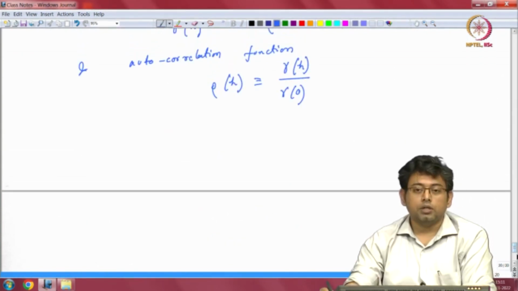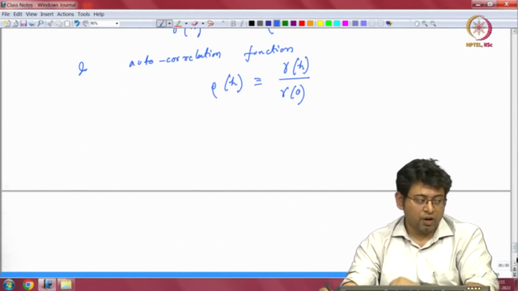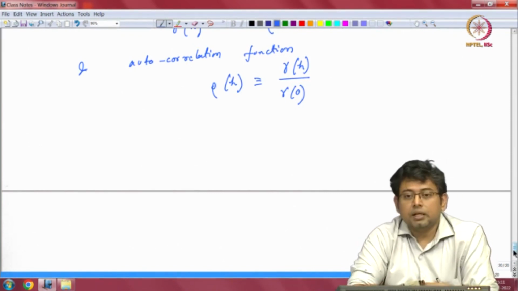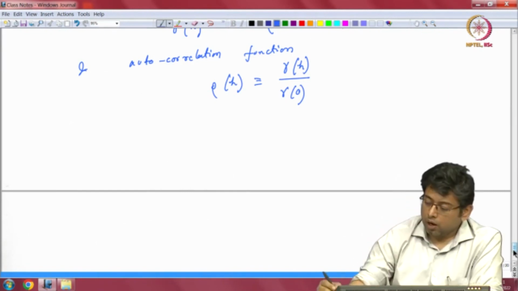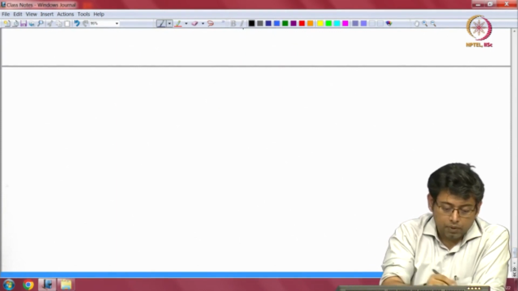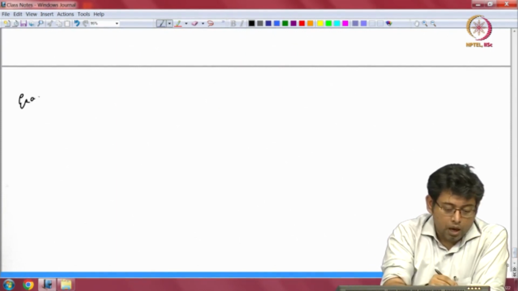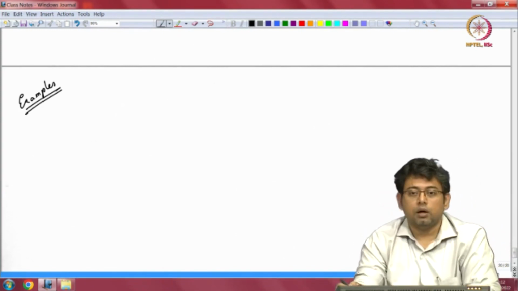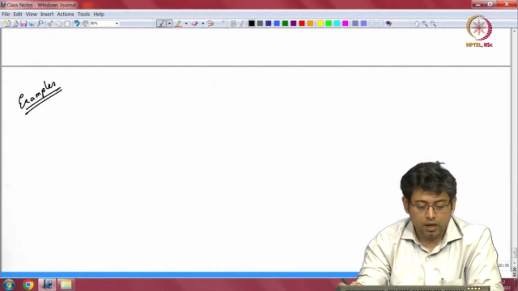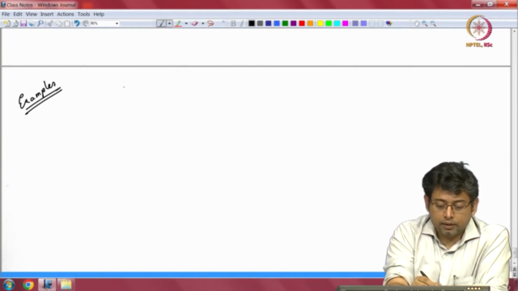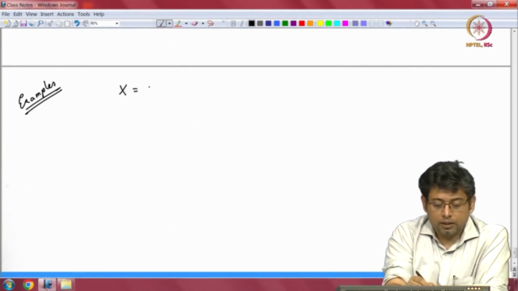Okay. So, now these are two important functions that we are going to use. We now want to understand what is the physical implication of this. So, why do not we try to understand with a couple of examples here. Let us say we want to understand what this really signifies. So, let us say you have a function x, which is nothing but some sine